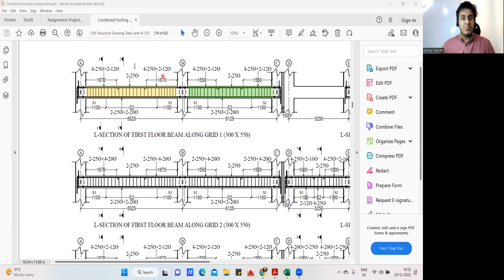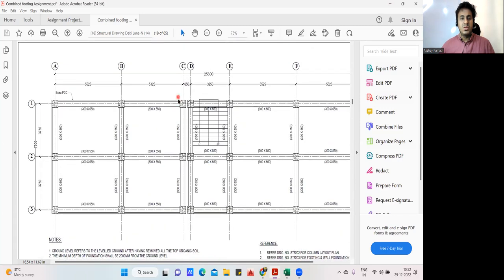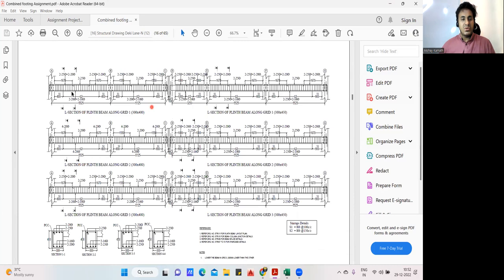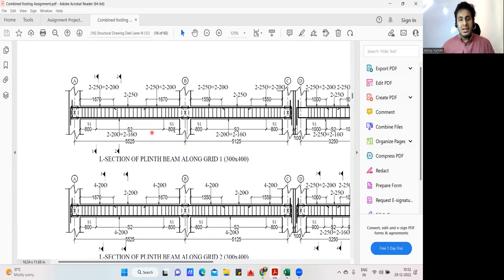I'll make it clear. For example, I'll do the number of bars only for this beam. I think I should go to the plinth beam. I'll teach you for the plinth beam only. This is the one. So 800, 800. I'll do it for this first. Fine. 800